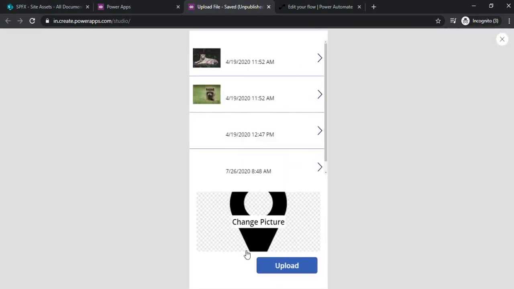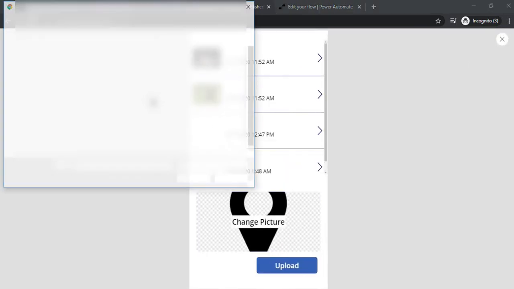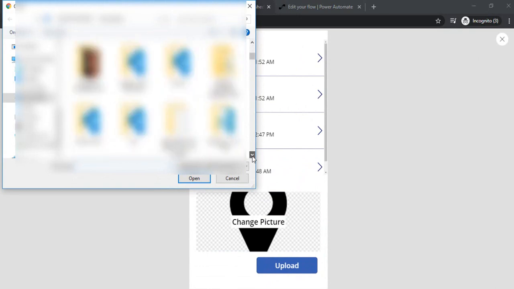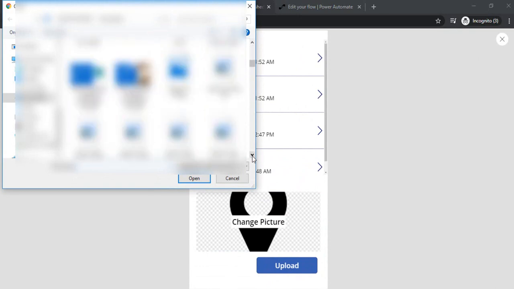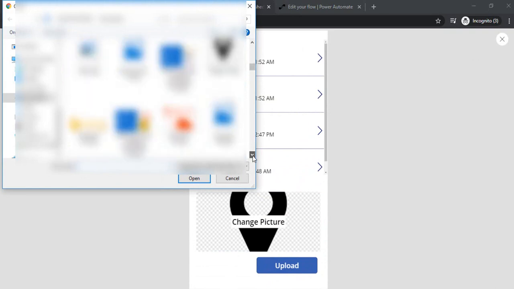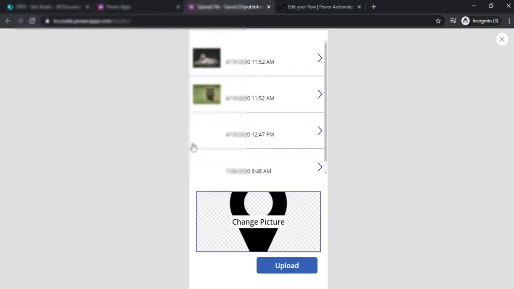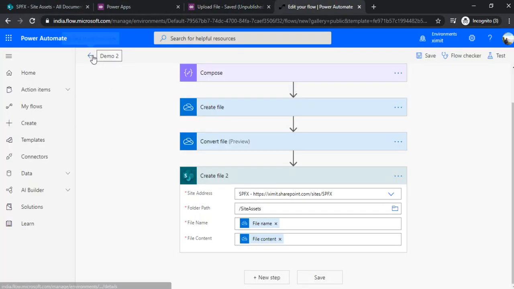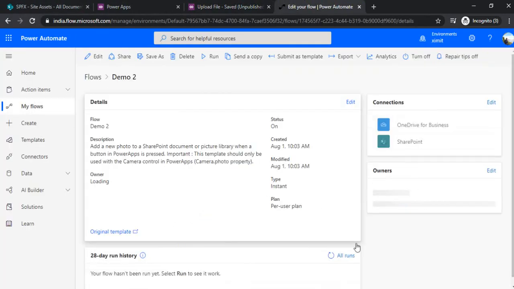and run this one, I can change the picture. I can choose any other picture. Let's say I'm choosing one O65 image file and uploading it. This flow should run successfully.